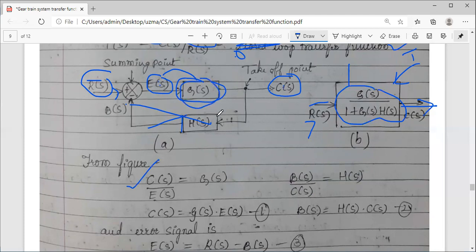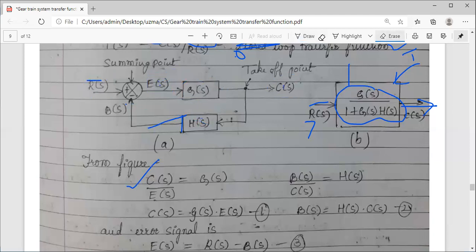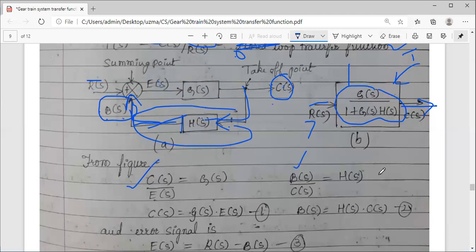And for this, if you consider the feedback, what is the output and what is the input? Output is your feedback signal, input is C of S. Remember, I am taking output by input for this part only. Direction is like this, so this becomes the input. This is your final output. So B is the output, C is the input for the feedback only, not the complete system. So B by C gives you the closed loop transfer function H of S. So I have found from the figure the open loop gain and closed loop gain, G of S and H of S individually. Now I'll do some mathematical calculations here.